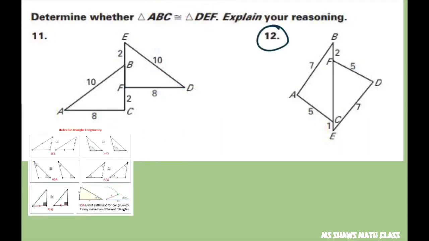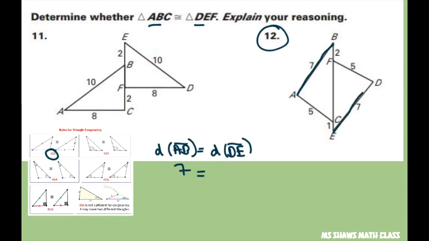12. So what we're looking at is seeing if all the sides are congruent. So we're going to do the same thing. We're looking at the distance of AB equal the distance of DE. So the distance of AB here is 7. Now does that equal the distance of DE? DE is right here, and that also equals 7. So that checks. So now let's try